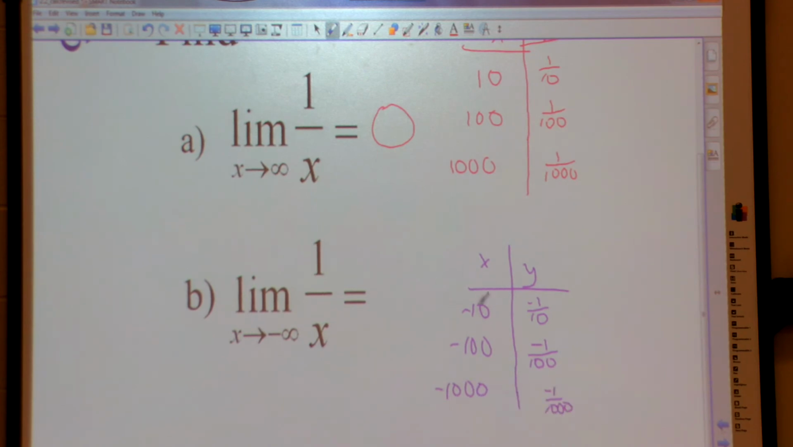So the same kind of thing's going on here. As I get closer and closer to negative infinity, what's this doing? 0 again. Don't put negative 0. Do not put negative 0. It's coming from the other side. It's negative